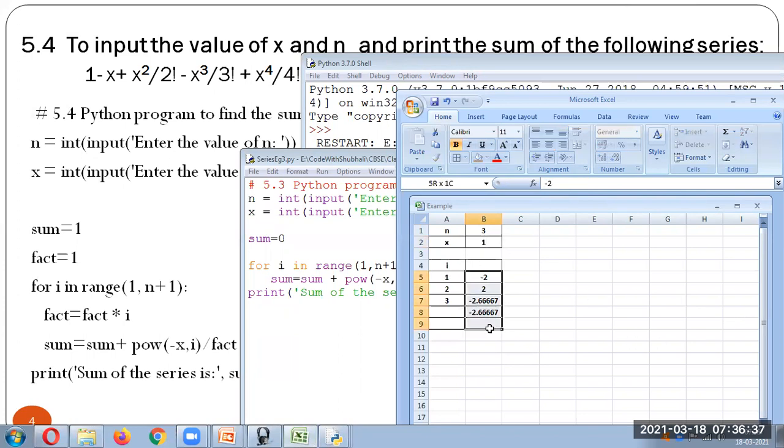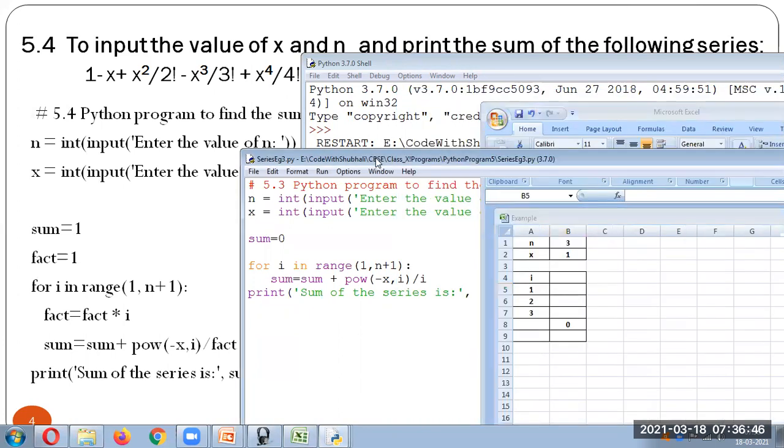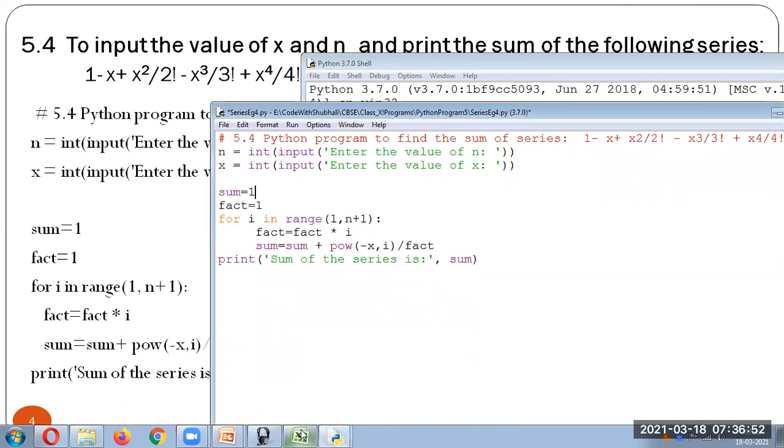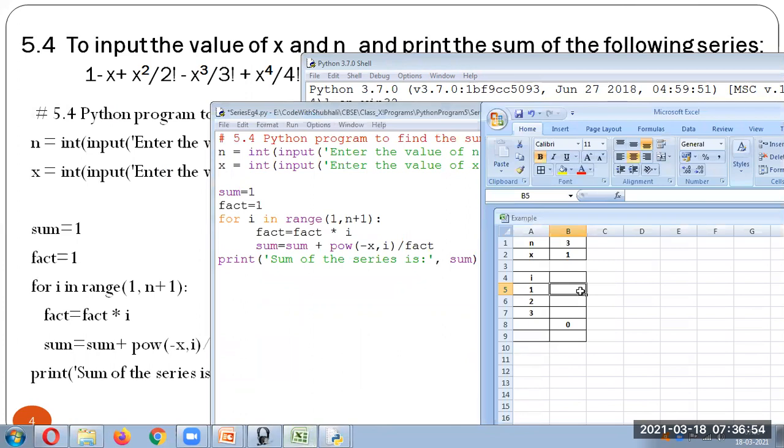So we'll change the values now. Let's say first, if it is 1, sum and factorial are initially 1.